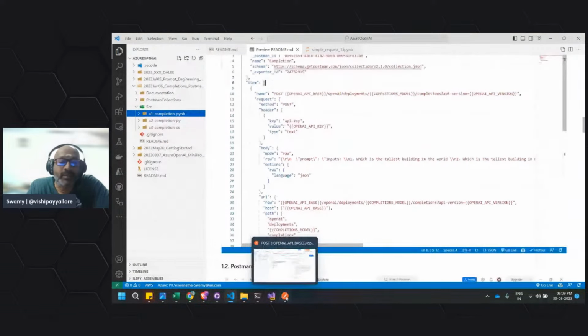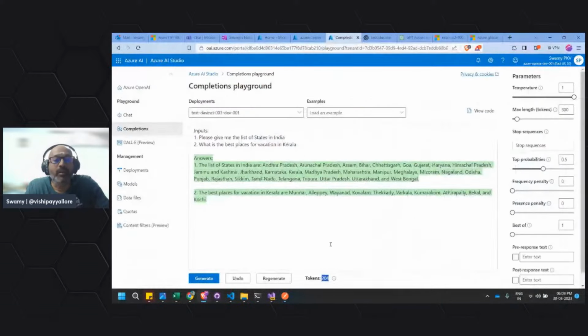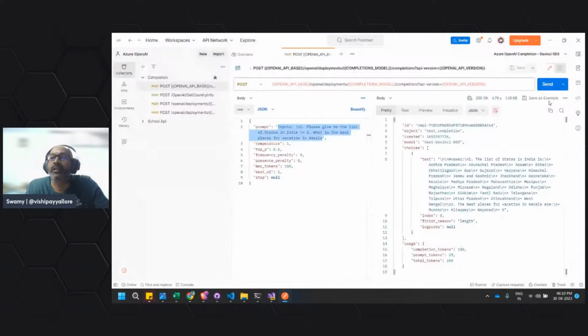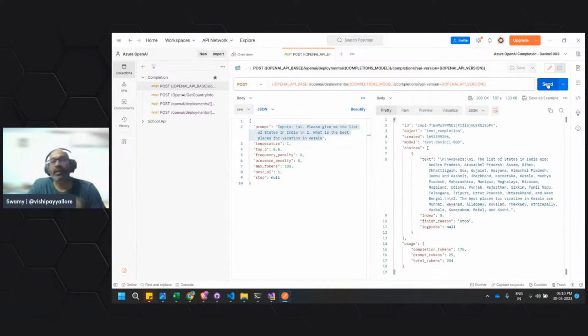Let's come back and see the same thing we gave in the Azure Studio, which charged 204 tokens. Here I'm hitting that. Now it is making a REST call and it is being charged.